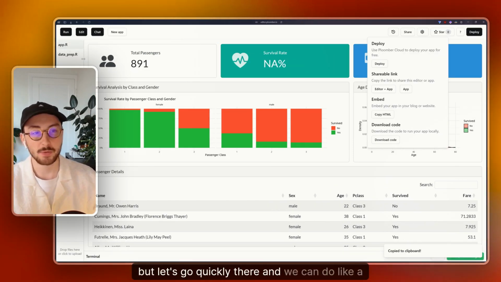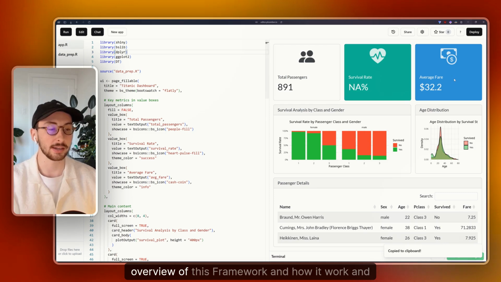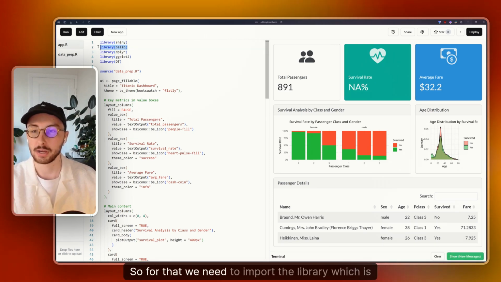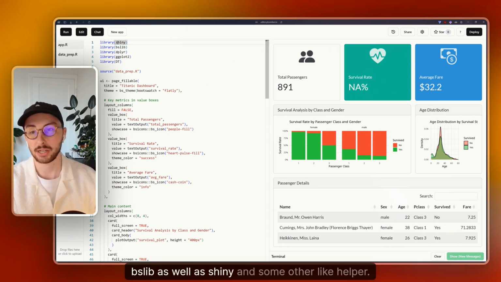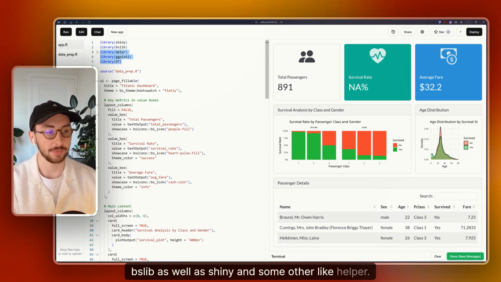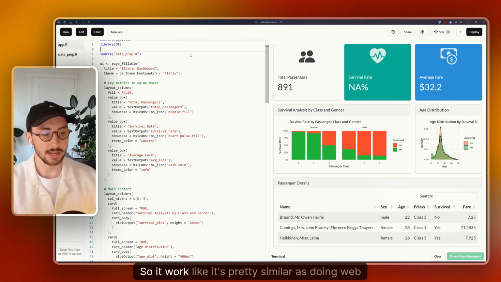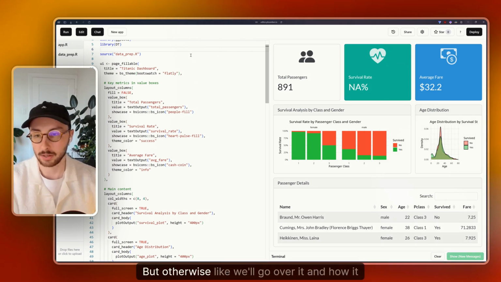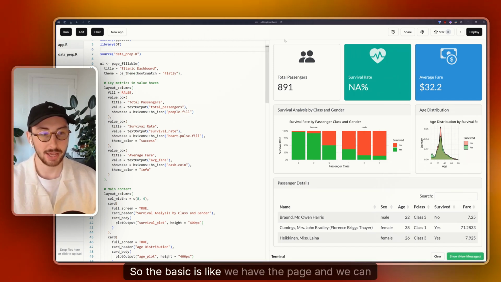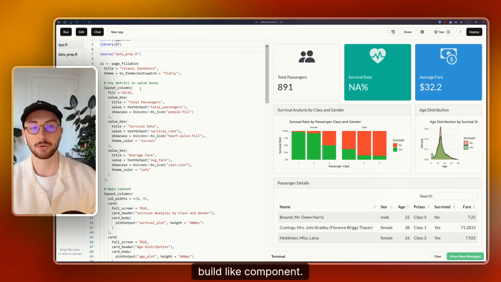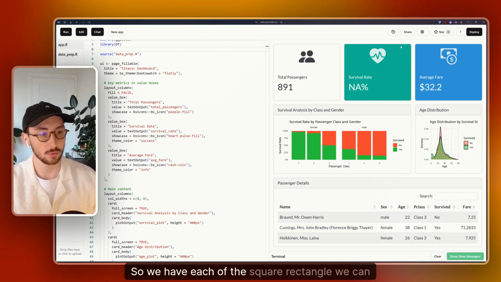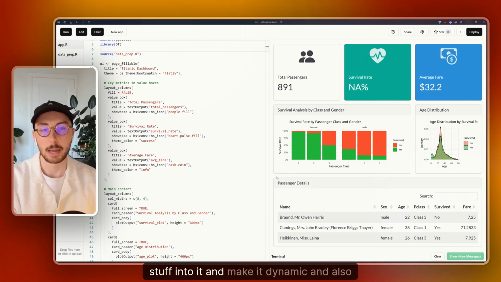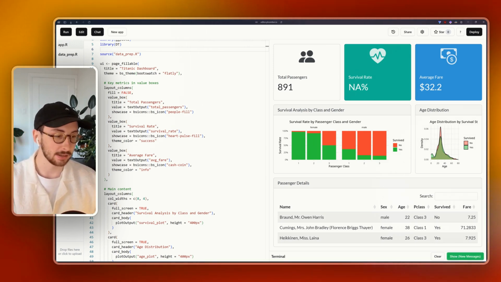But let's go quickly there, and we can do an overview of this framework and how it works and what is available in it. So for that, we need to import the library, which is bslib, as well as Shiny and some other helpers. It's pretty similar to doing web development if you did that in the past, but otherwise we'll go over it and how it works. So the basic is we have the page and we can build components. Each of the squares or rectangles, we can think of as a component, and we can put stuff into it and make it dynamic, and also make it so we can